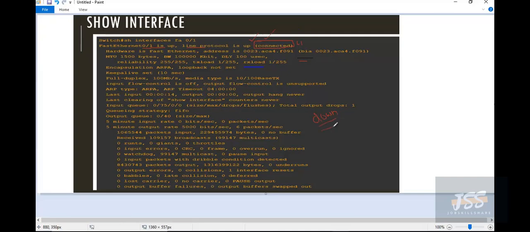Then you can have CRC errors in your switch. That could be due to noise or interference in your network, or any kind of physical fault in the Ethernet. Sometimes the switch is unable to process the traffic because the input rate exceeds the switch's capacity to process the traffic. So it could be one more issue, in addition to the errors, noise, or CRC errors in your network or the switch.